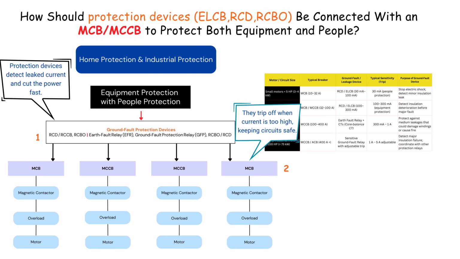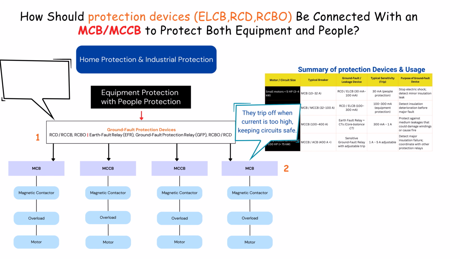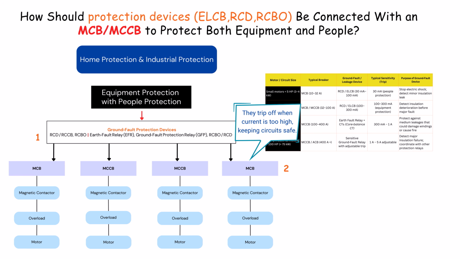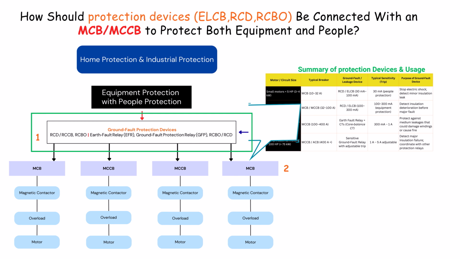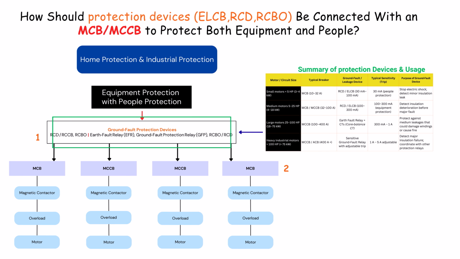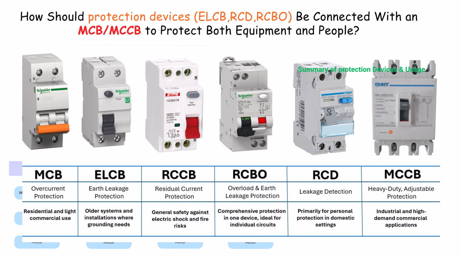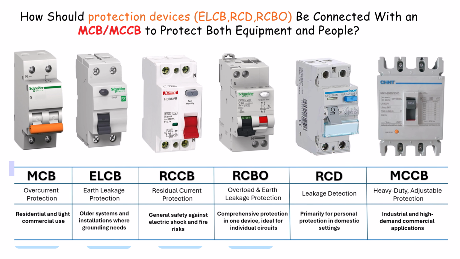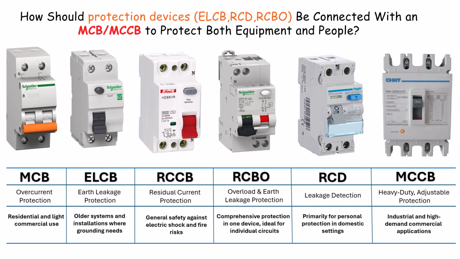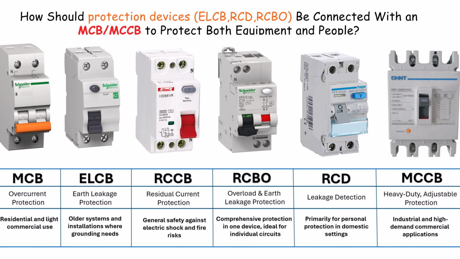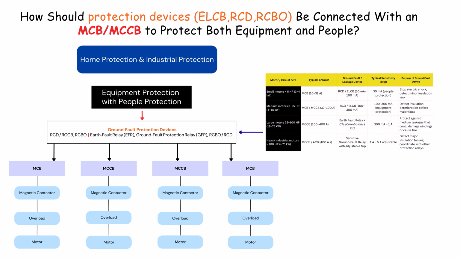Next are the magnetic contactor and overload relay. The contactor controls when the motor starts or stops, and the overload relay prevents the motor from overheating, keeping machines safe, but not people. That's why we add ground fault protection devices like RCDs, RCCBs, RCBOs, ELCBs, and ground fault relays. They detect even the smallest leakage current, as low as 30 milliamps, and cut the power instantly to protect